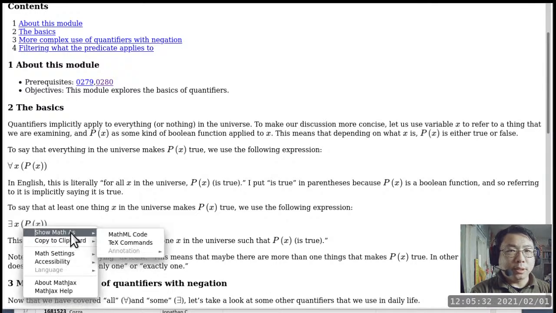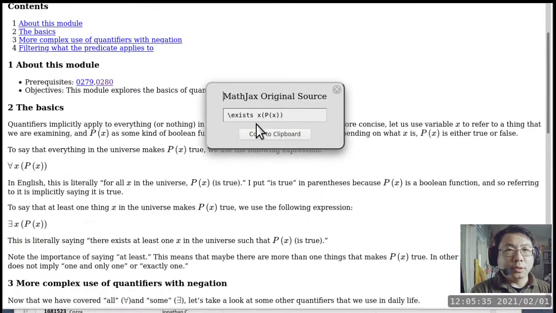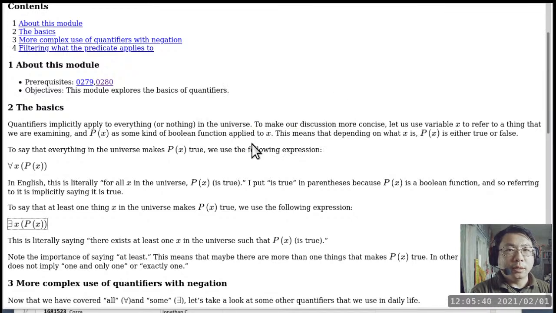The way you type this in LaTeX is backslash exists, and that will give you a kind of mirror image of an E, but this time it's horizontally flipped instead of the other one, which is vertically flipped. This is basically saying there exists an x such that p of x is true. But once again, it is not an assertion by itself. It can be a question: is it true or is it false that there exists an x such that p of x is true?